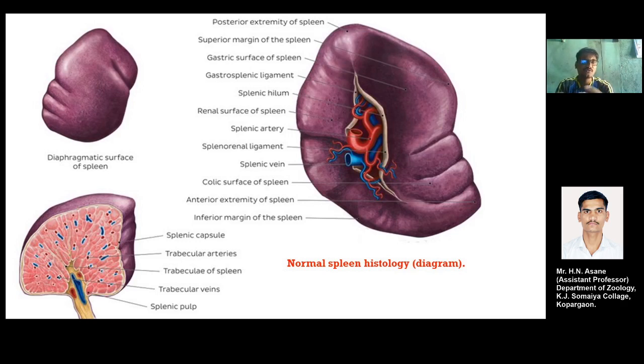So the colonic surface of the spleen, as you can see, the inferior margin of the spleen, you will see the inferior grooves. Then in the cross section at the bottom left corner, you will see the splenic capsule, separated in lobes like the kidney. These trabecular arteries are present over here, and the blood supply is distributed from these trabecular arteries of the spleen, and these trabecular veins are for the